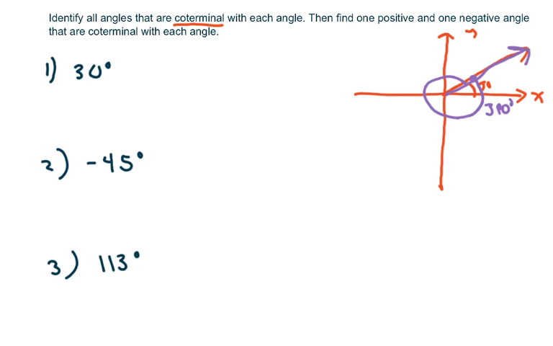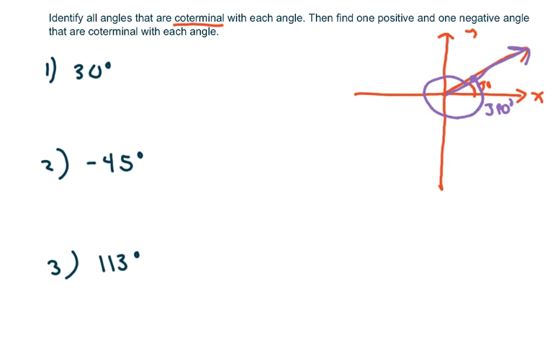Just like on the clock. It's 2 o'clock in the afternoon. If you add 12 hours to that, then it's 2 o'clock in the morning. And that means they're kind of like coterminal, even though you're doing something different at that time. So basically, all we're going to be doing is adding or subtracting 360,